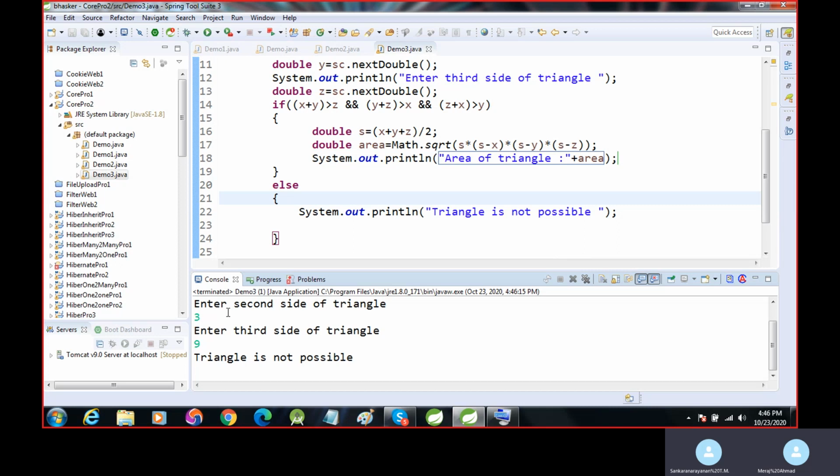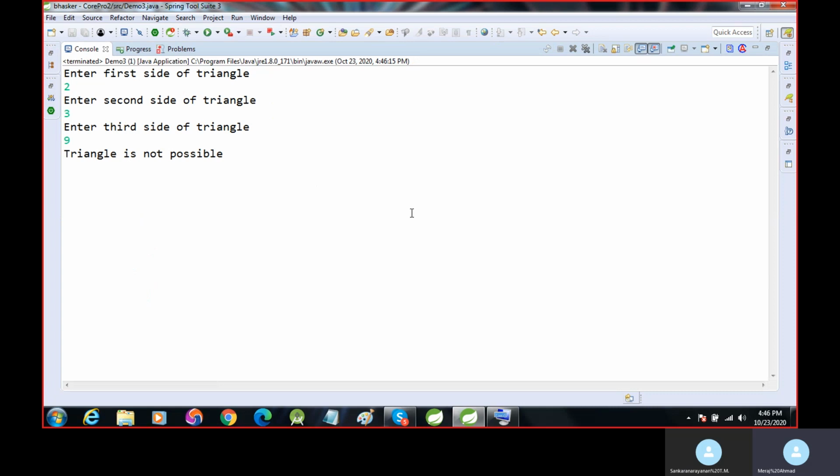The condition must be true. If the condition is true, it finds the area of the triangle. Otherwise, it displays triangle is not possible. We have to try different sets of values to see whether it is a triangle or not.